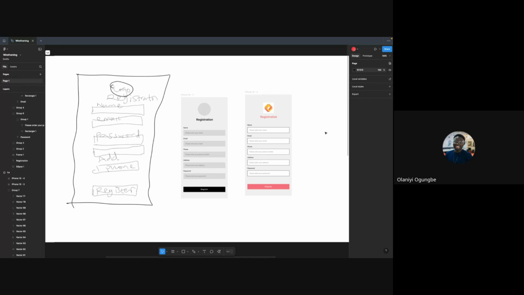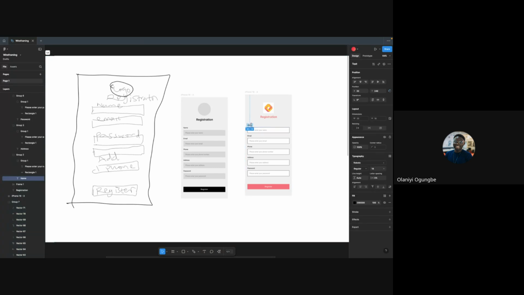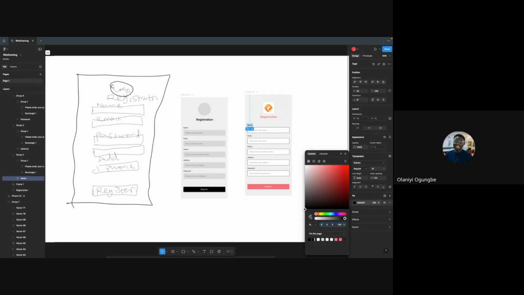How I extracted the color from the logo. Okay, let me do it again. This is what I did. The place I want to add the color to, let me say this name text, I selected it. I go to fill. Can you see this little button? I click on it and then I look for where the color is and then just one click.